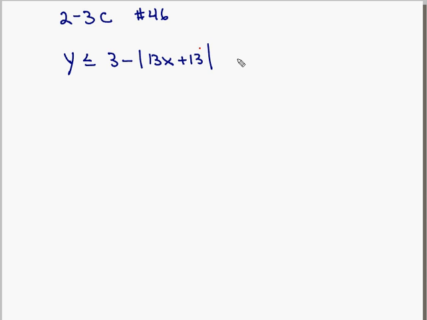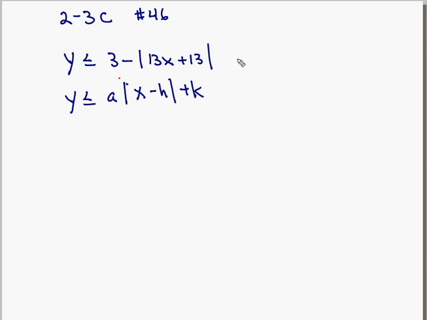Now understand what we're trying to do: we're trying to get it into the form that looks like this. y is less than or equal to a times the absolute value of x minus h plus k. So in order to find the h and k and a, we're going to have to rewrite this equation, rework it, manipulate it if you will, so that it goes into the form that we see. Alright? Well, the first thing I'm going to do is factor out a 13 outside of